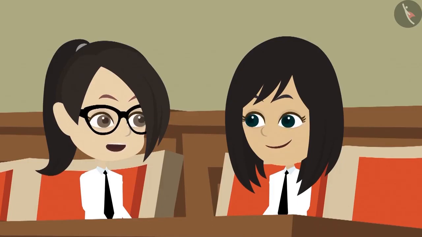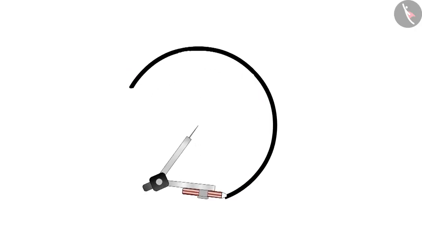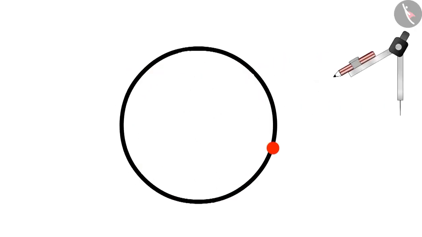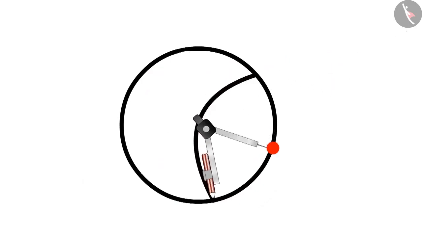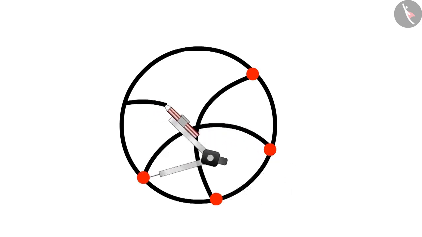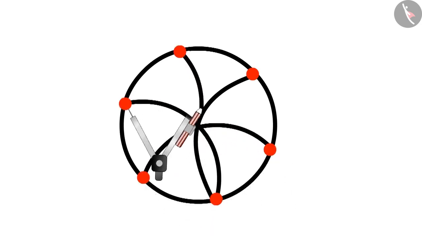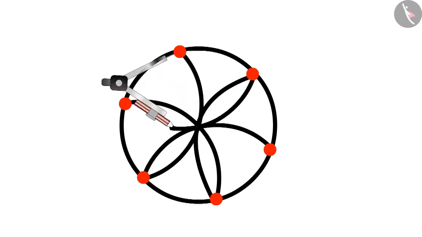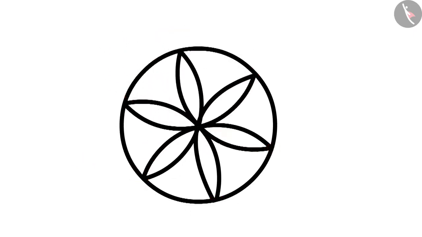Similarly, many designs can be made. Now I will try. Okay, try it. Let's draw a circle. Now draw a circle inside this circle by taking any point on the boundary of the circle. Now see the points on the boundary of the main circle where the edges of this circle are meeting. Draw circles from these points too. Repeat the process till a complete design is created. Oh wow, this is a very beautiful design.